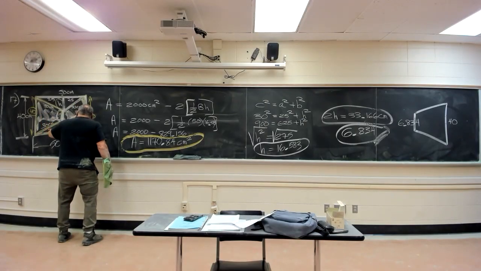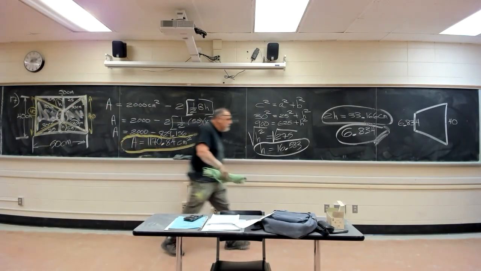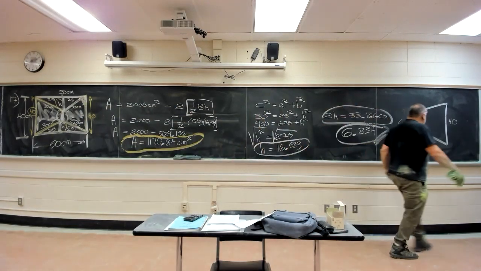If I just get this area and double it, I'll have the area of the entire entity that I want to find. Didn't we say that the area of a trapezoid